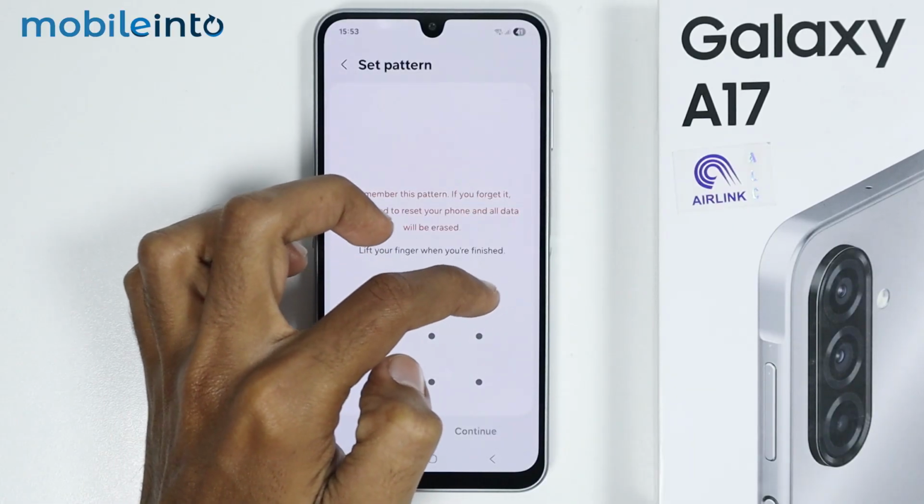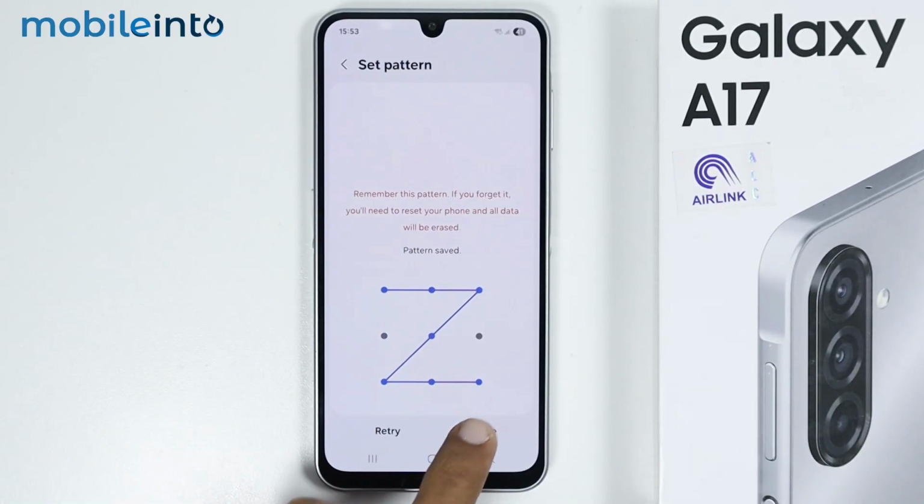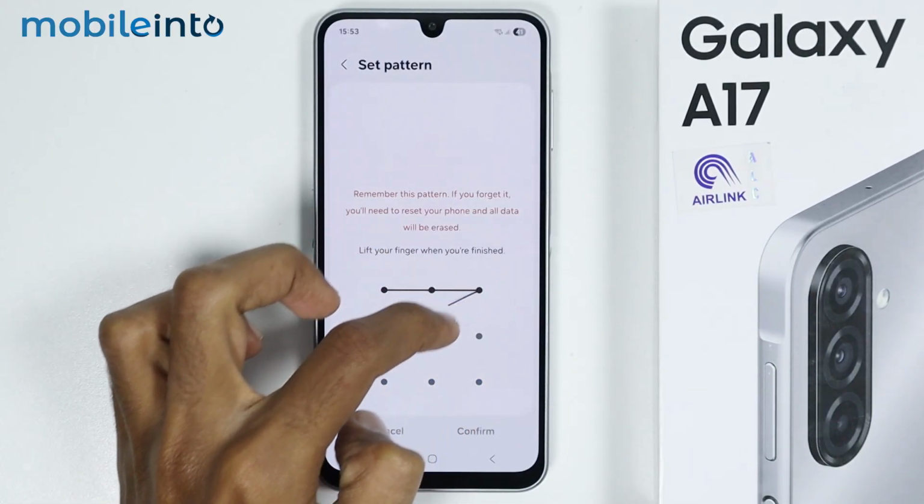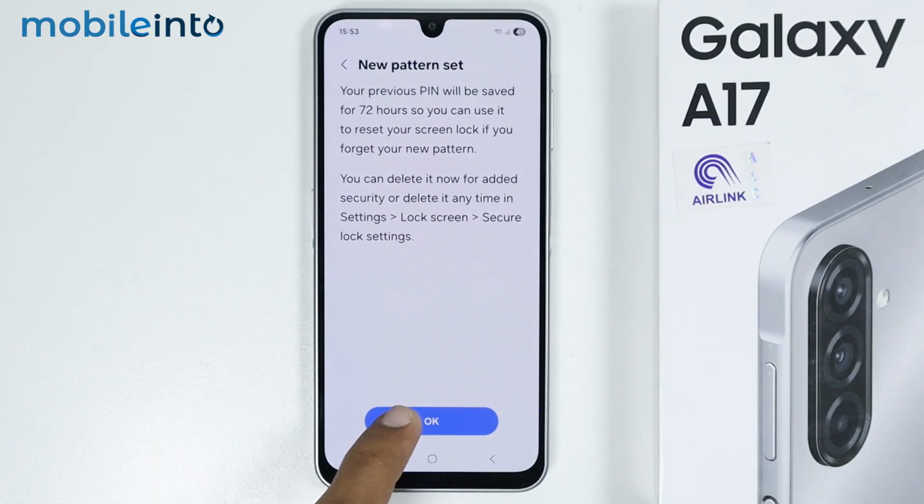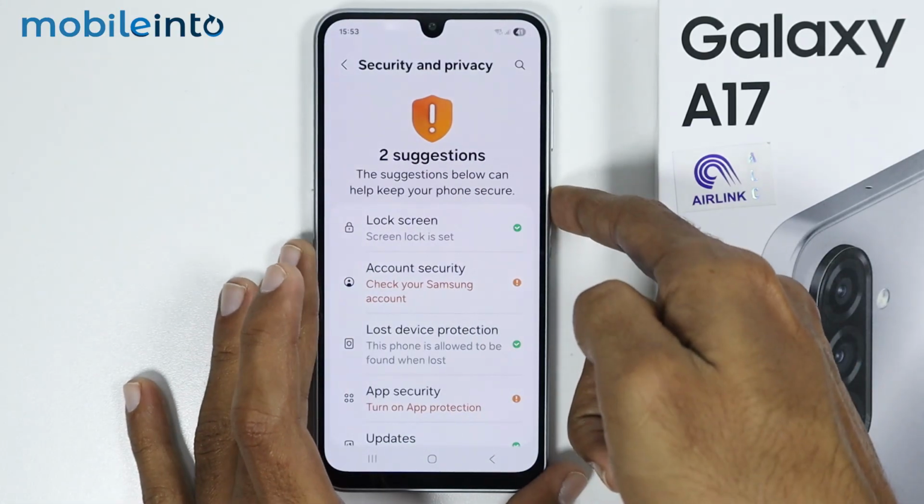Now, just create a pattern. Then tap on Continue. Now, just enter your pattern one more time to confirm your pattern and select Confirm. Tap on OK. Now, if you go to the lock screen,